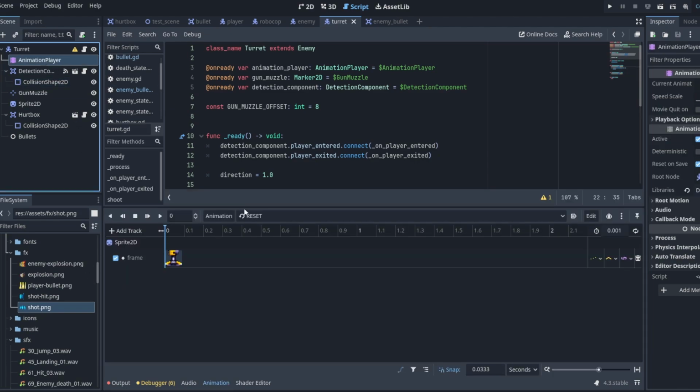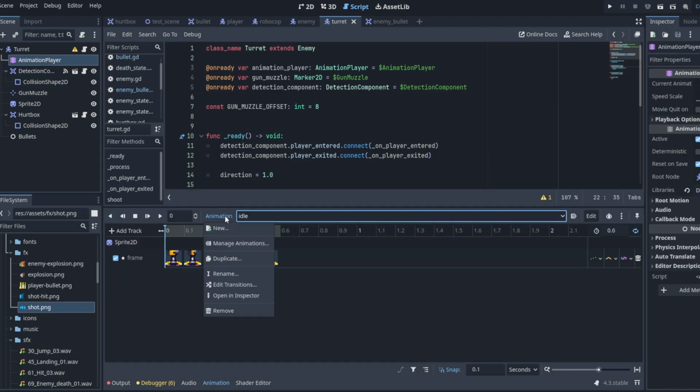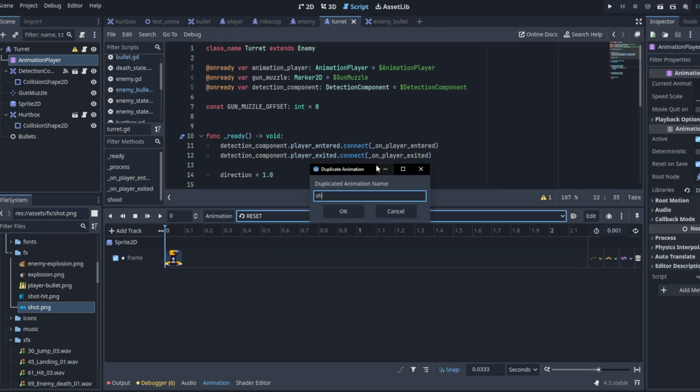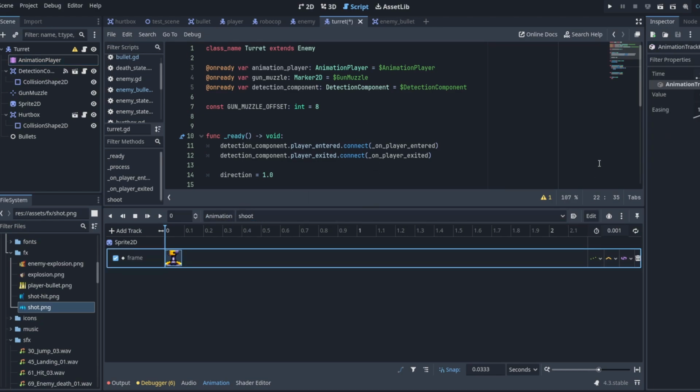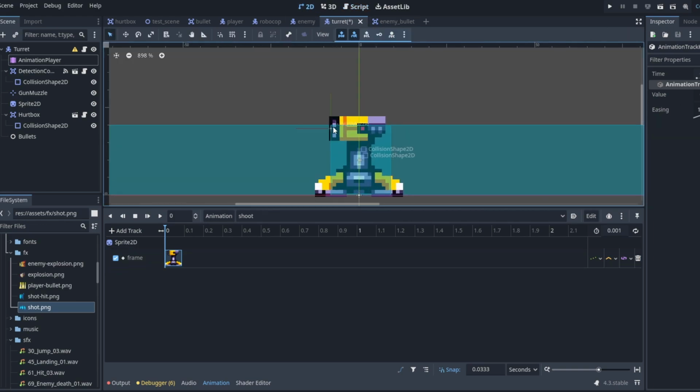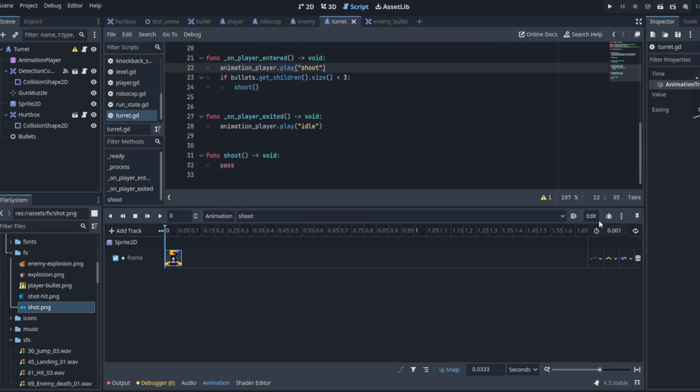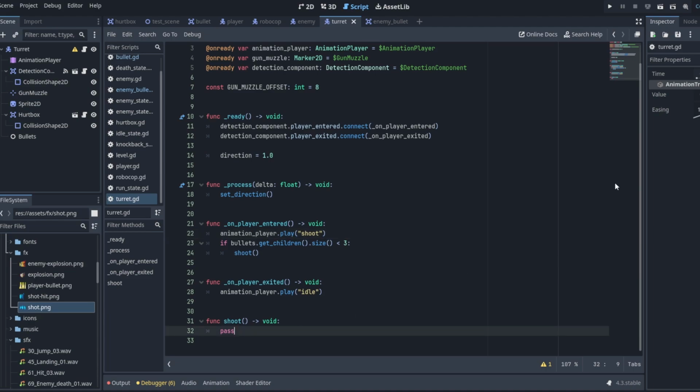So we need to go back into our animation player, and what we want to do, actually, let's duplicate our reset. We'll call this shoot. And all we're doing is, yeah, this is fine. This is exactly what we want. We just want it to be looking in one direction. So this is good. So we go back into our turret, we can start building out the shoot method,